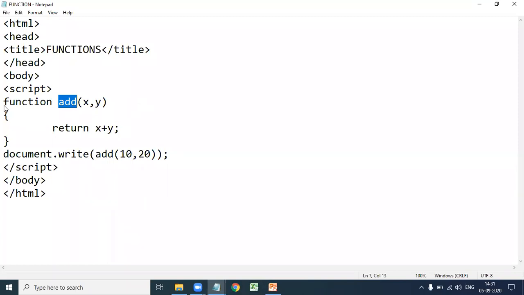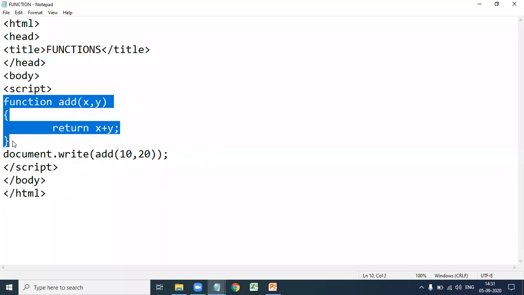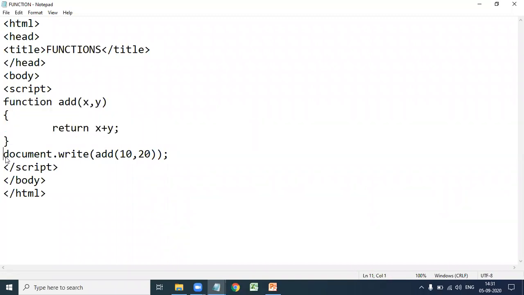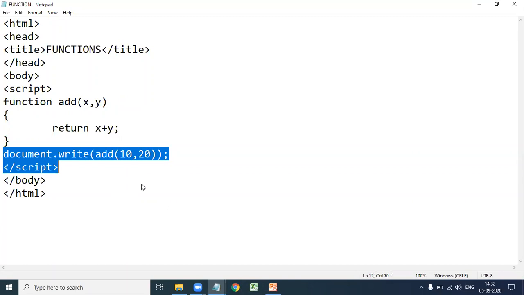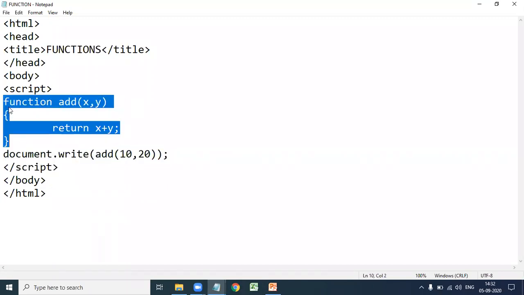So remember the point, the function definition is always written before the function call. The function definition can be written in either the head section or body section in HTML.